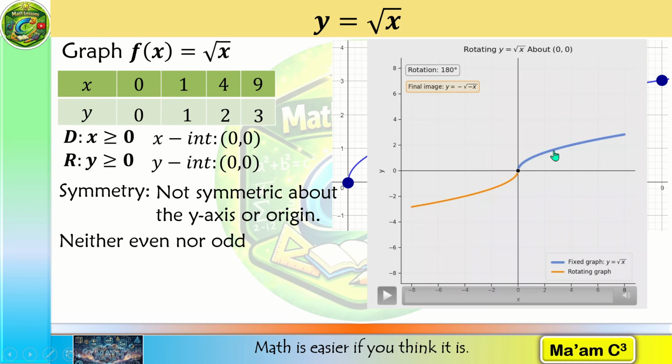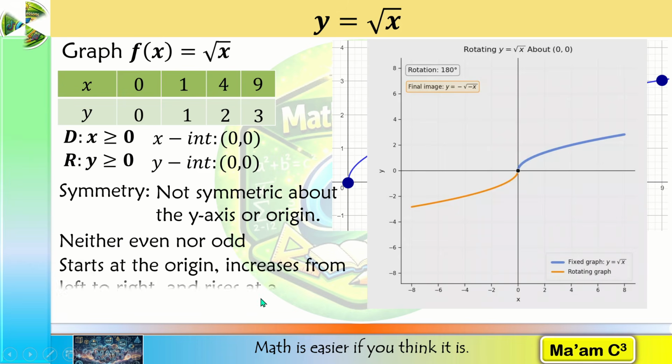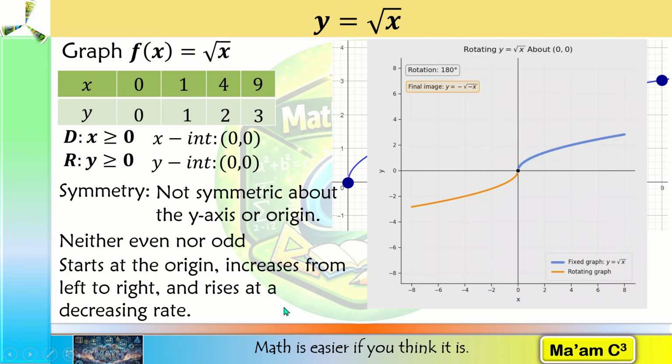Now, what can you say about our graph? Remember, this is just the graph of y equals square root of x. One important visual characteristic is that it starts from the origin and that the graph increases, but the rate of increase becomes smaller. In other words, it rises but gradually flattens. So as x approaches 0 from the right, our y approaches positive infinity.